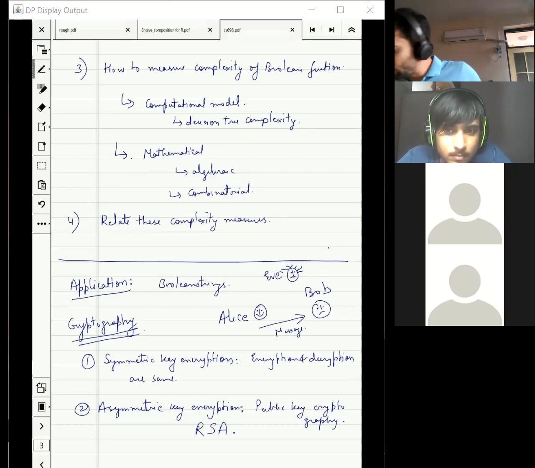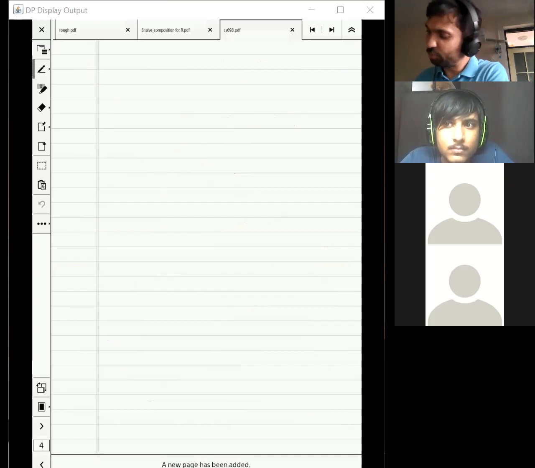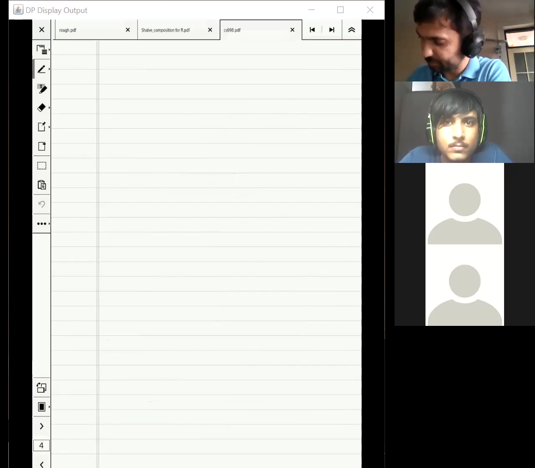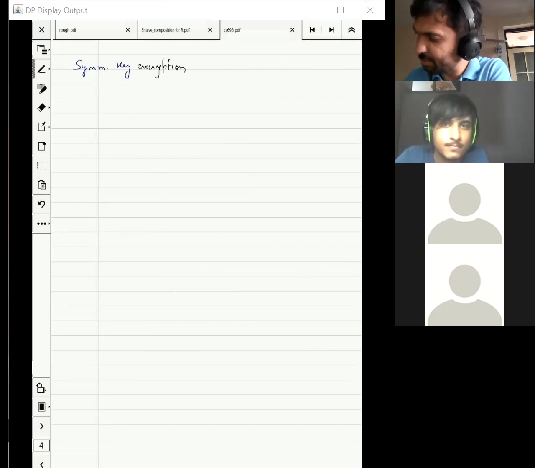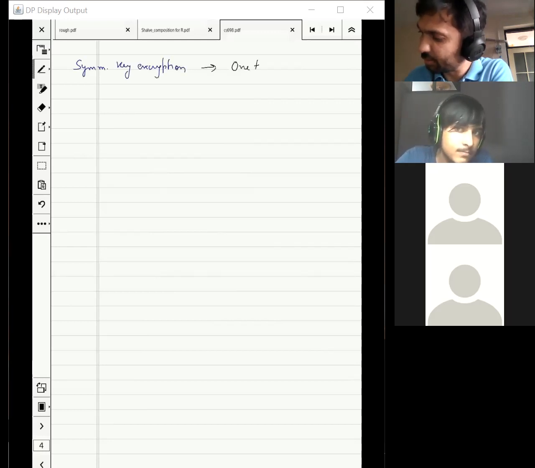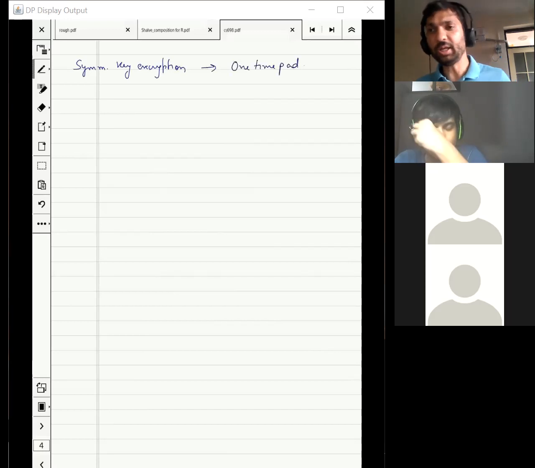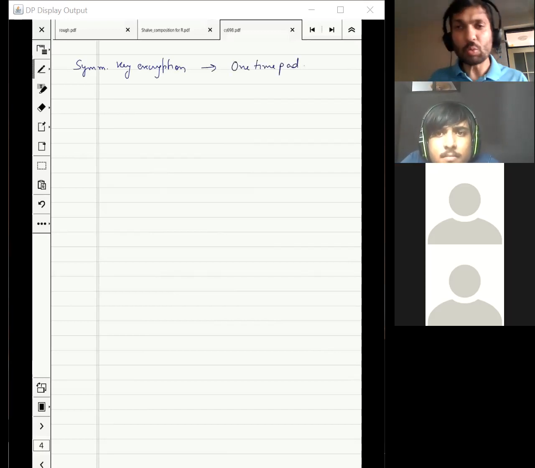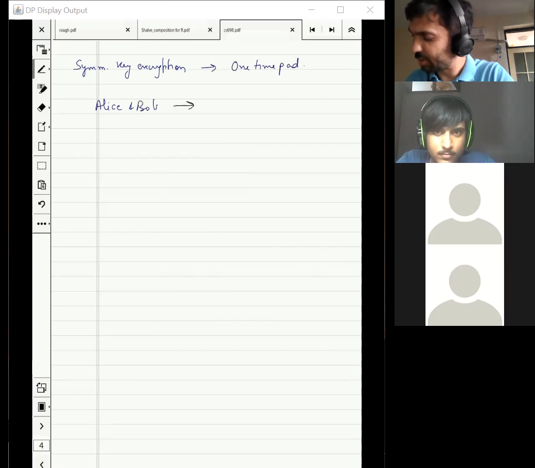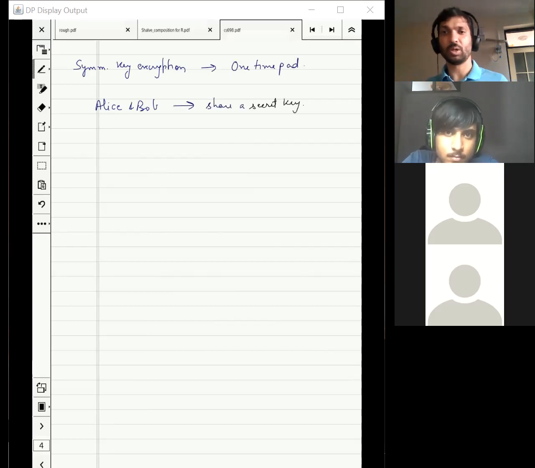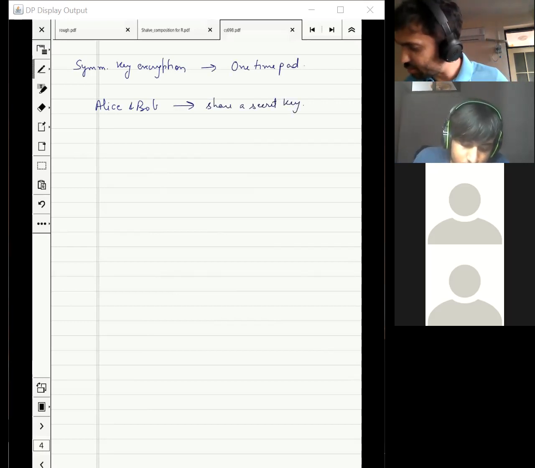Now, as the story goes, it was easier to find symmetric key encryptions. The one which we are going to study, which is very simple, is called one-time pad. But unfortunately, for this symmetric key encryption to work, Alice and Bob have to meet and share a secret. That means this key is not